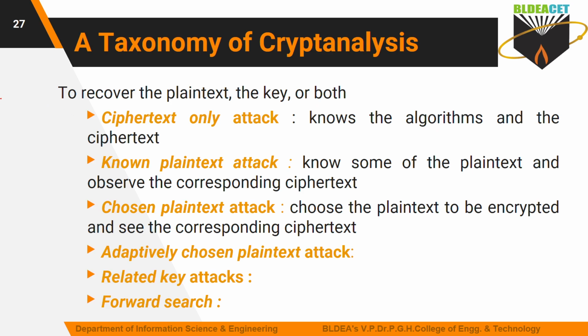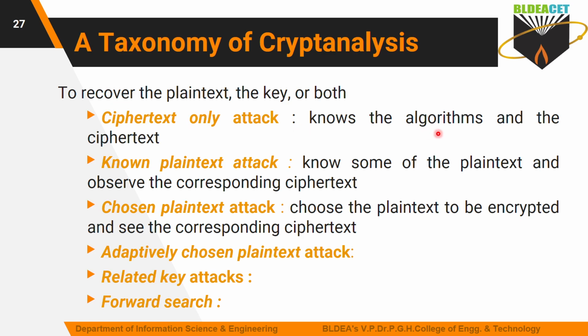Is it clear now? In the ciphertext only attack, attackers know which algorithm was used to generate the ciphertext, and they also know the ciphertext. So what is the aim of the attackers now? They have to retrieve the plain text, or guess the plain text or the key. If they know the key, with the help of the key and ciphertext, they can get the plain text, as I explained earlier. Or if they get the plain text, then easily they can guess the key. So this is what we call a ciphertext only attack.